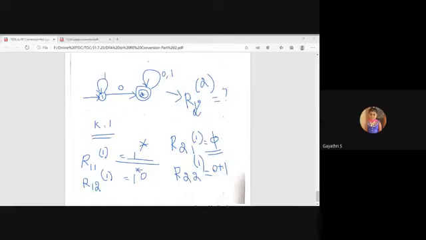So in the next case, only one is enough, right? In the next case, R12 of 2. So calculating R12 of 2 is enough, right? No, no. Since the number of states is equal to 2, and since this is the last step, only one thing is enough. So what is the thing? R12 of 2. Why only R12 of 2, ma'am, not the rest?